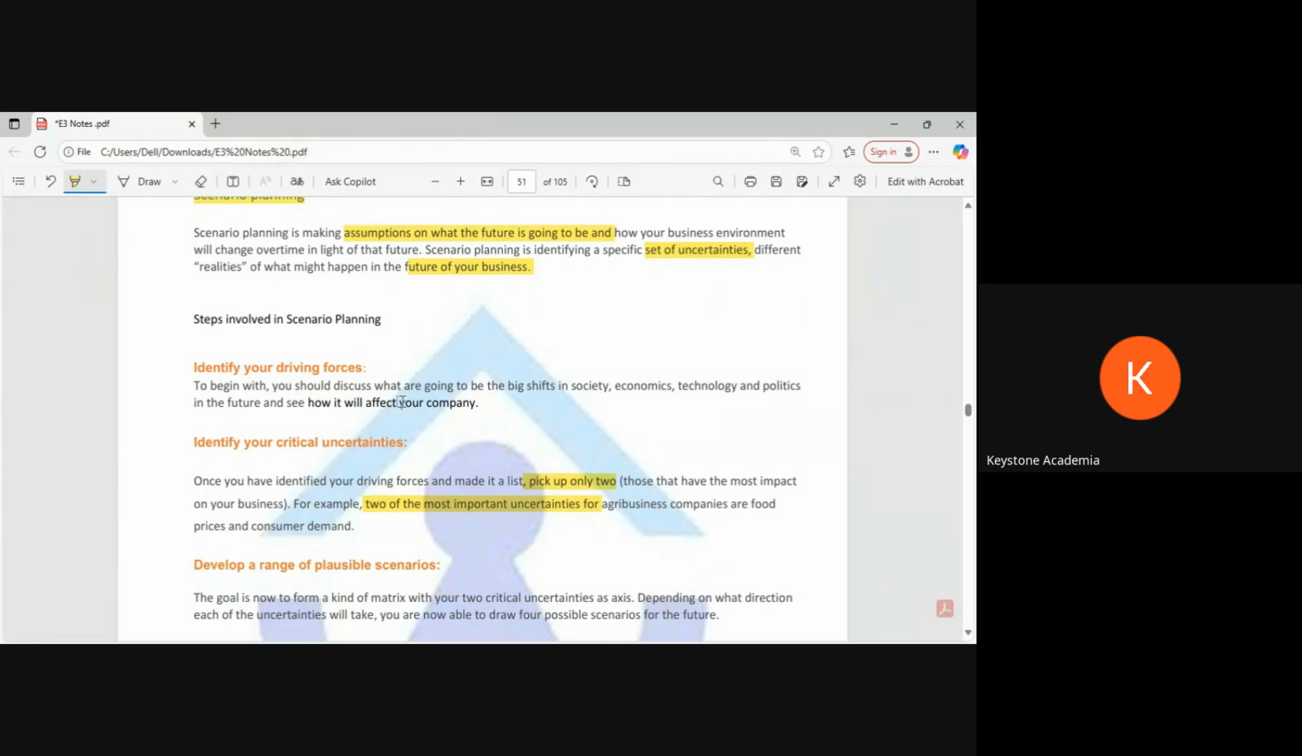To begin, you should discuss what the big shifts are going to be. For these big shifts, we do the PESTLE analysis. If you look at the PESTLE, it gives you a hint. For example, if the economic situation of the country is changing, then definitely it will affect other areas also. If the tech is changing, for example, nowadays we have so many applications available. If we talk about the Indian market specifically, we have a lot of applications available now